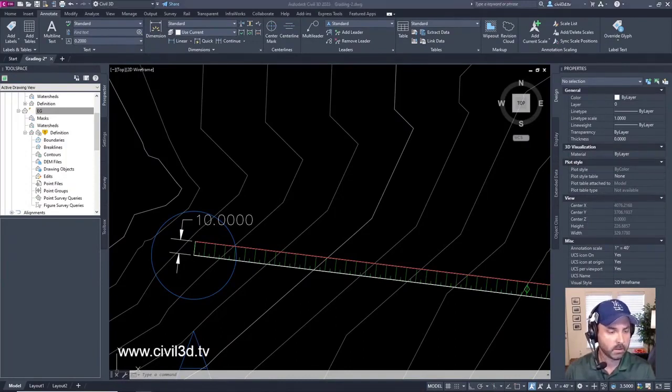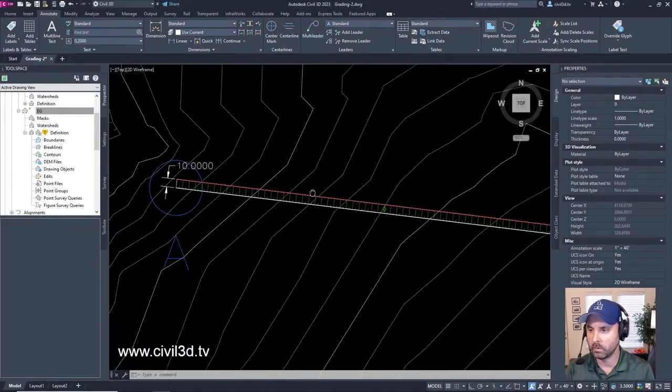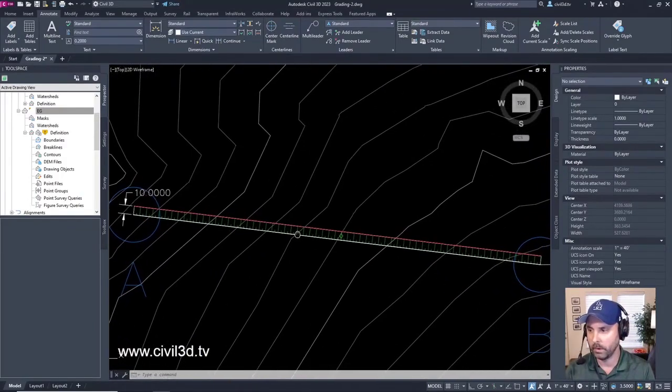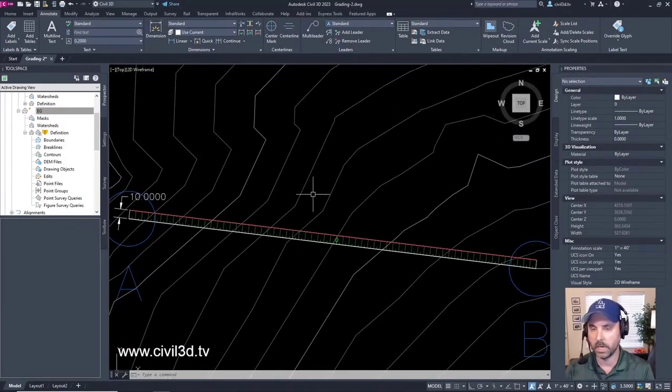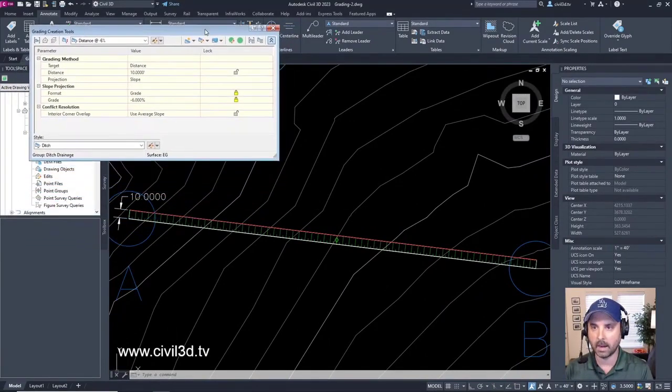Okay, next. In the next few steps, you'll create another grading from the target line of the first grading to the existing grade surface. So we're going to move our viewing window to about right here. We'll bring this back.